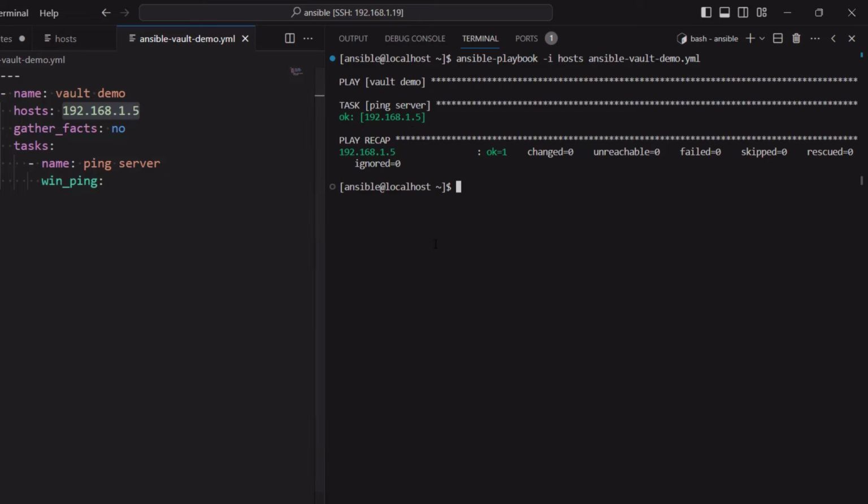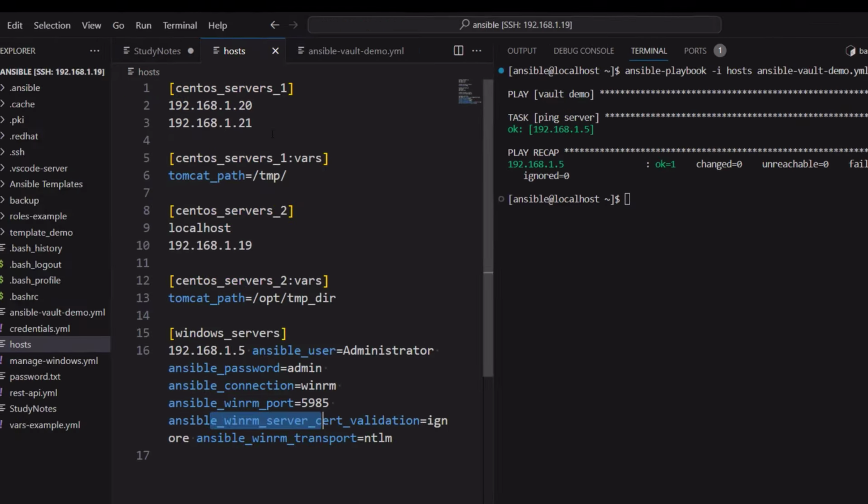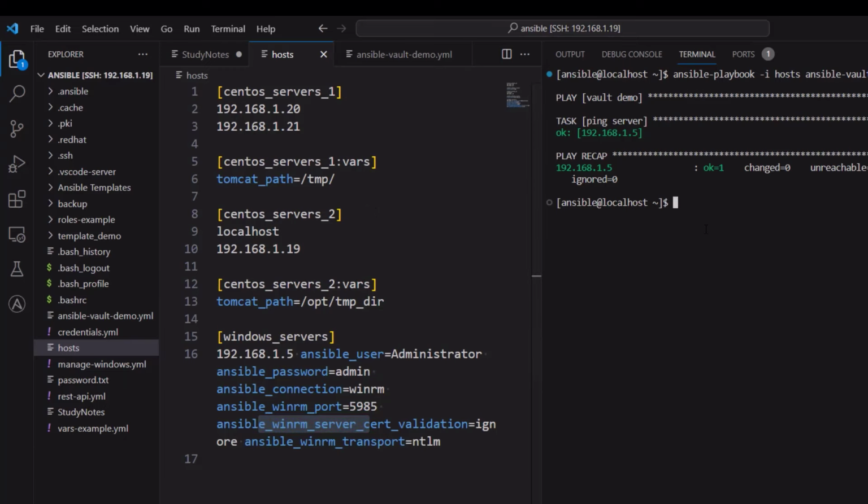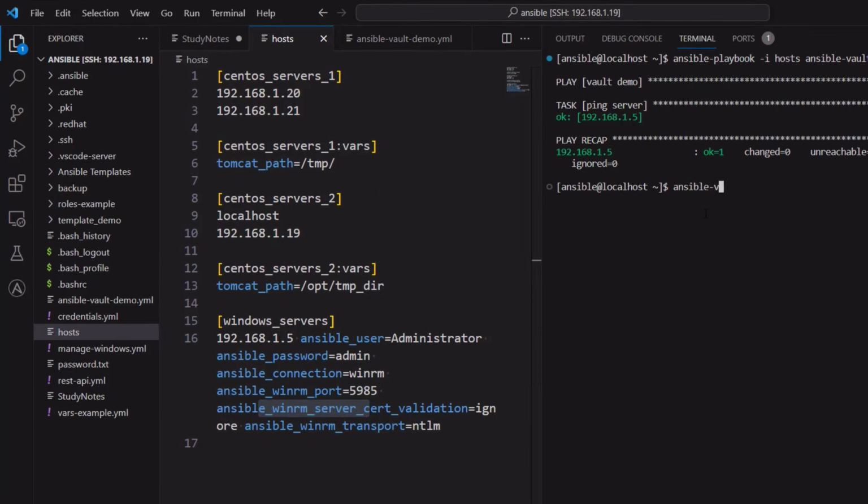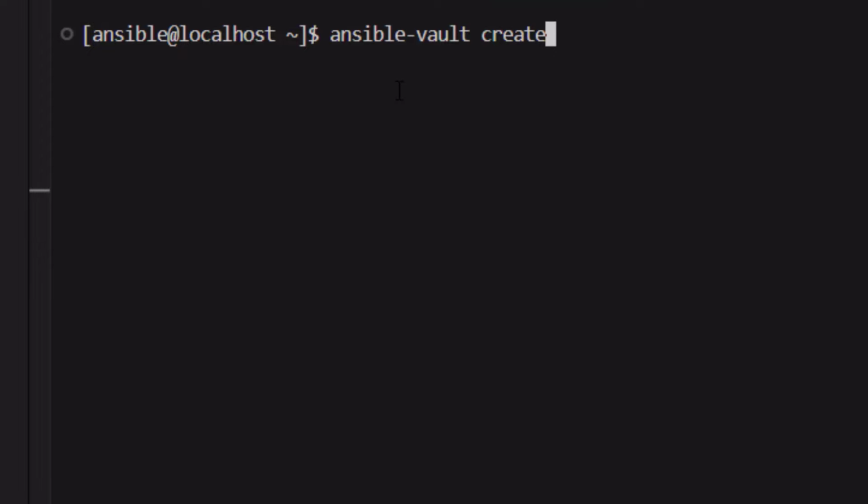Now this is the file we are going to encrypt. Let's use ansible-vault, and then we need to write create. Actually, create is going to create a new file. If you want to create a new file which is going to be encrypted, then we can use create. We already have a file, so we can directly say encrypt